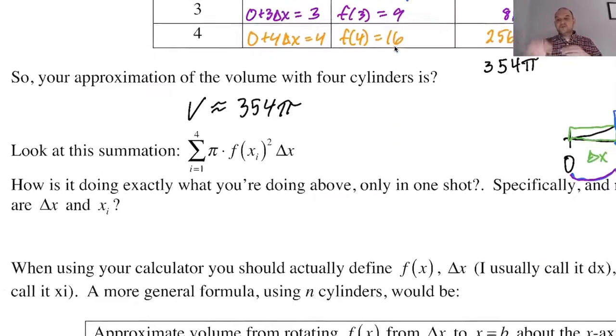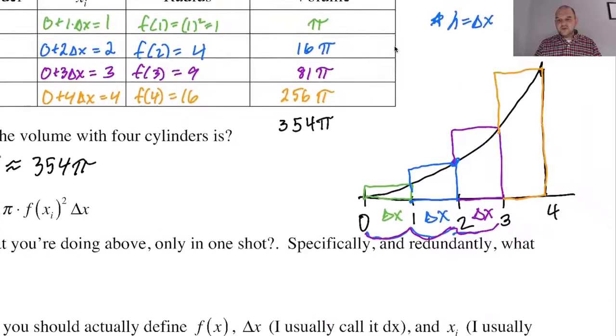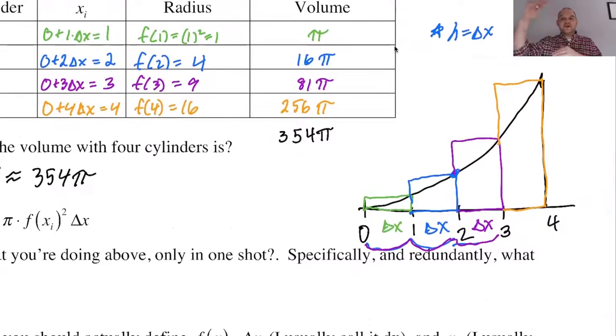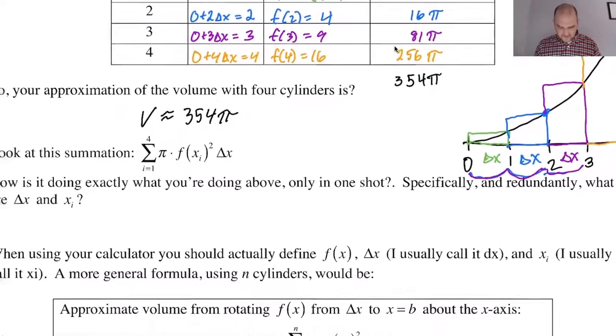And it got smaller, and it makes sense that it gets smaller because if you look, we're always over counting. So every time we do this for this particular function, we're going to get a smaller number. Every time we increase the number of cylinders, we'll get a smaller number. All right, so